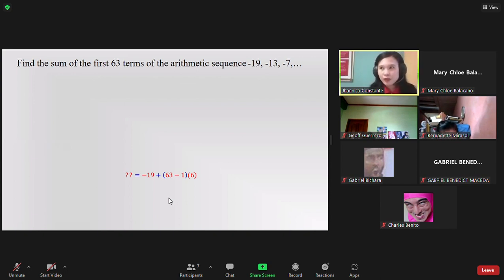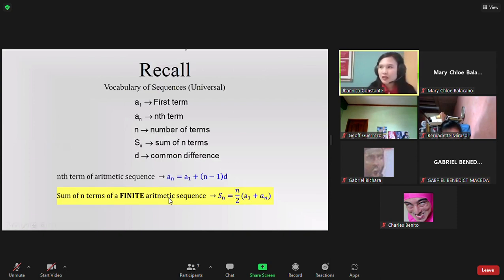We have the formula that we can use, which is Sn equals n divided by 2 multiplied to the sum of the first term and the last term. That's the formula that we're going to use, wherein n stands for the number of terms,